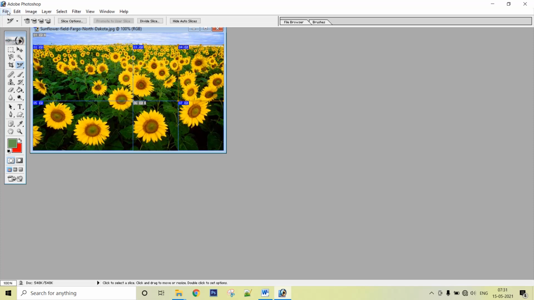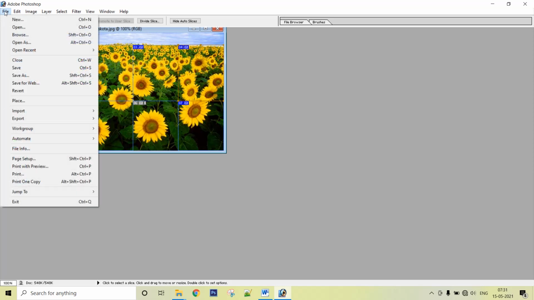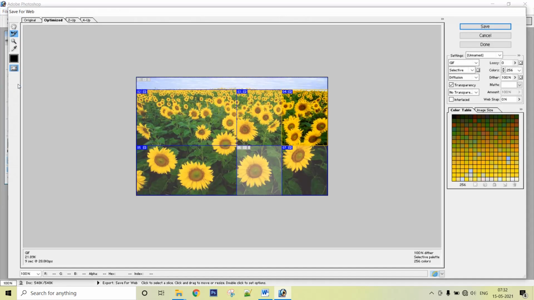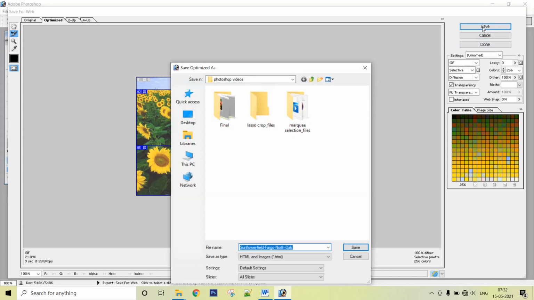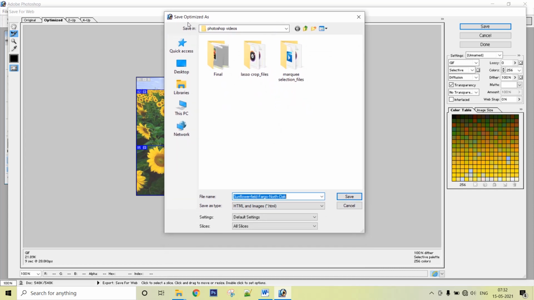Now once you create a slice, how to save this file so that you can use this sliced image in your web application. You go to Save for Web in the File menu. When you click this, you get this particular dialog, and if you save this, I get an option, Save Optimized As, where I can give the file name.